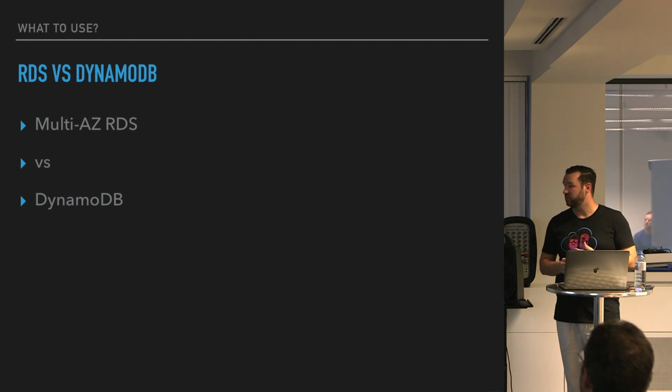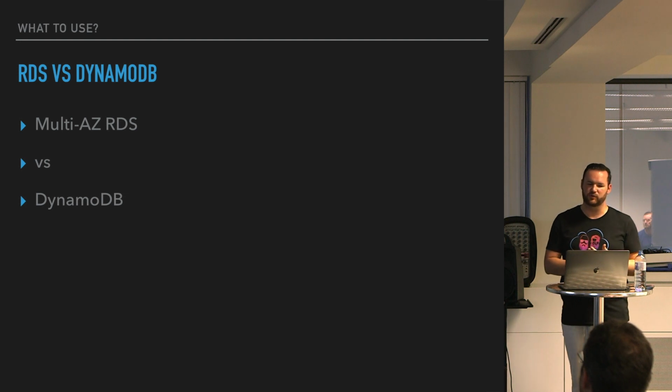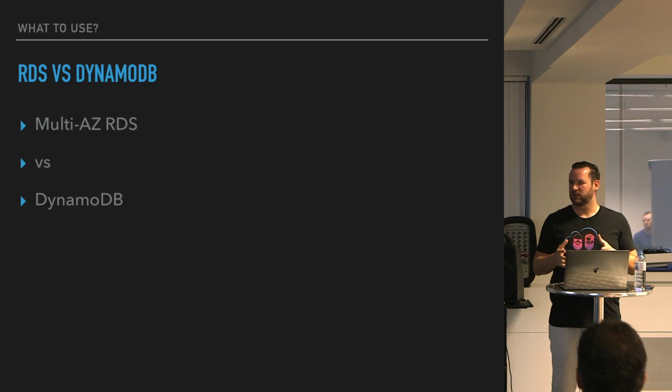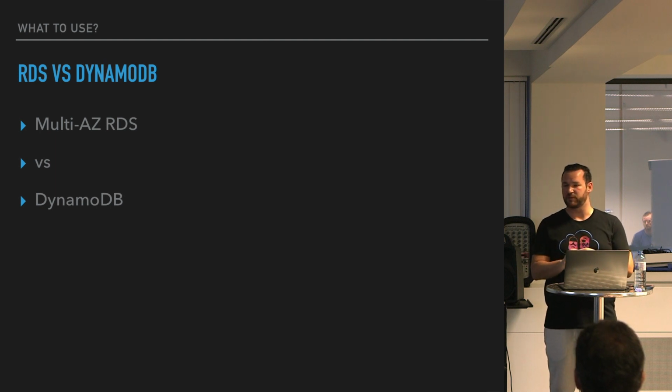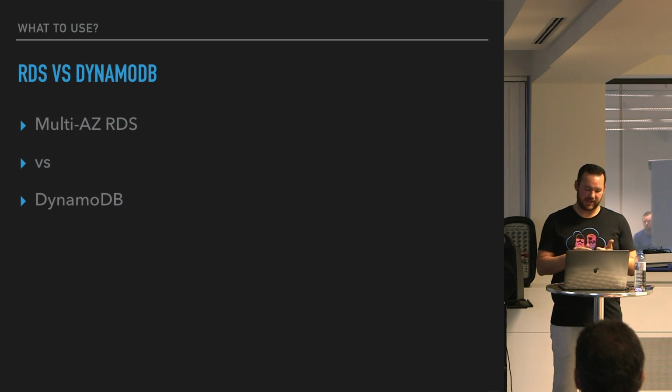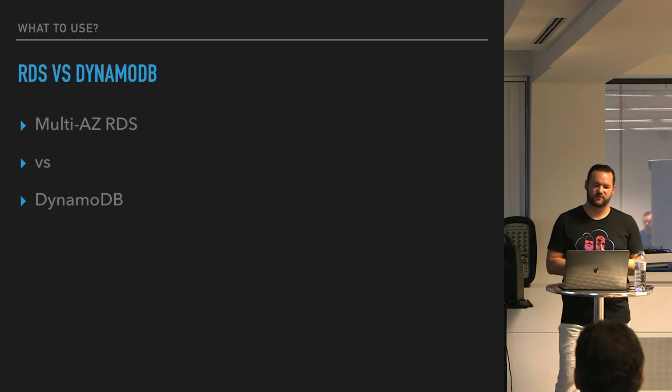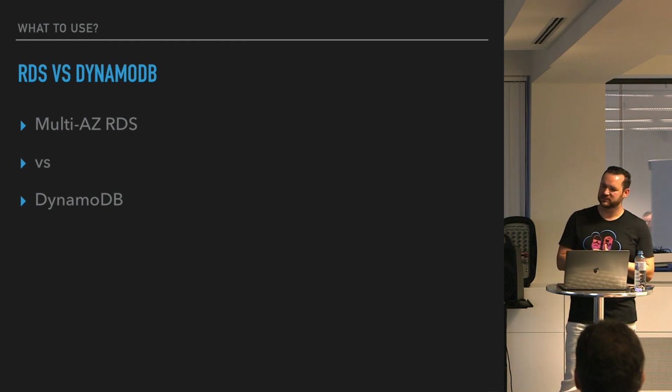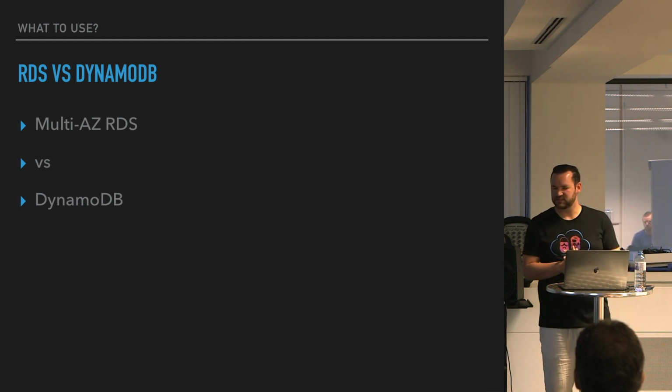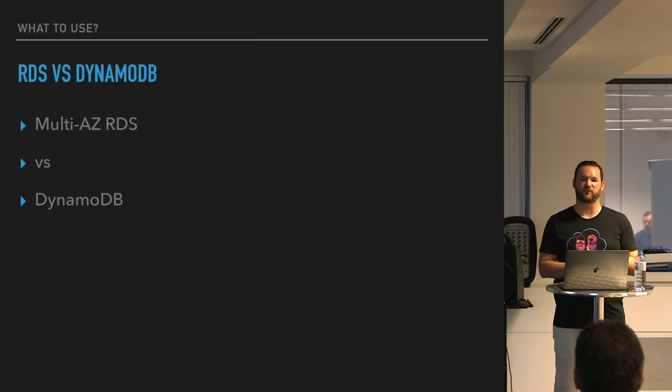And I could use RDS, so relational database service, versus DynamoDB, but to have equal availability in my database, so availability zone deployments, multi-AZ, and this throughput, I would have to have multi-AZ RDS, and with multi-AZ RDS we start talking about $50 and more each month, so not interesting for me.